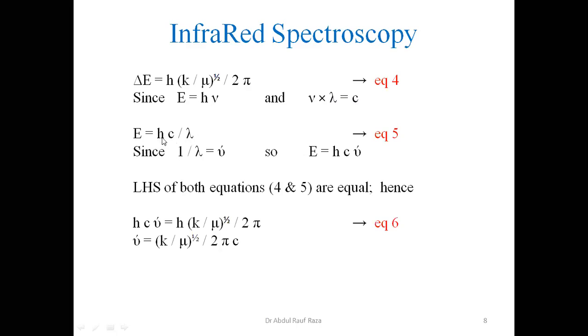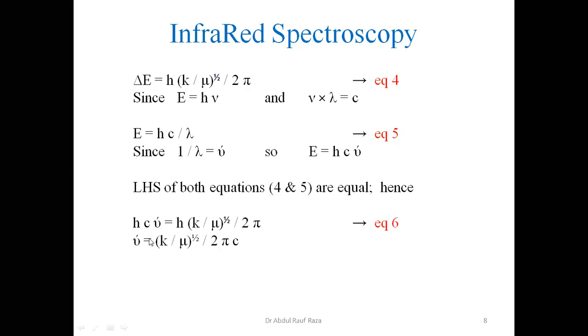Why are we doing this? I am interested in converting that into wave number, because if you remember, wave number is the unit that we can use for infrared and for microwave as well. So we have placed the frequency value here, which is c upon lambda. Now the reciprocal of lambda, if you remember, is called wave number. So we have placed this value here. So E is equal to hc nu bar. The left hand side of these two equations is equal, so the right hand side should also be equal. So I have made them equal as well.